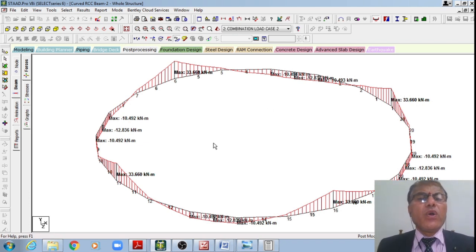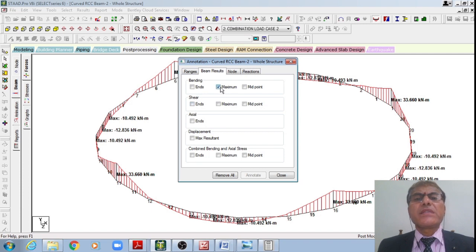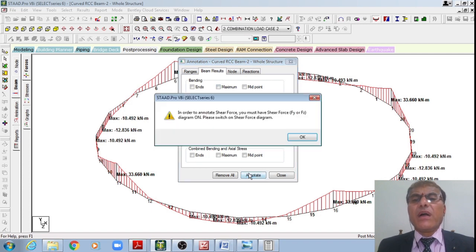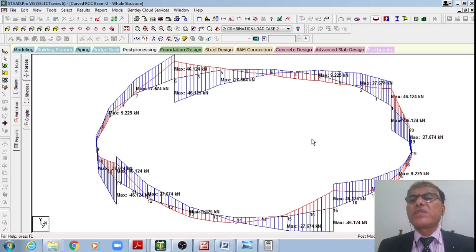Therefore this is how I'll note down from this one, as well as you can see the outputs even for the shear also, student. Let me go to the shear diagrams. Therefore I have to have the maximum shear forces. That is how the maximum shear forces are now shown. Now I have maximum shear force at the support 46.124 kilonewton, slowly varying to 27 to 9.26, like that, whereas this positive value of 46.124 is linearly varying to the next support at the support 6